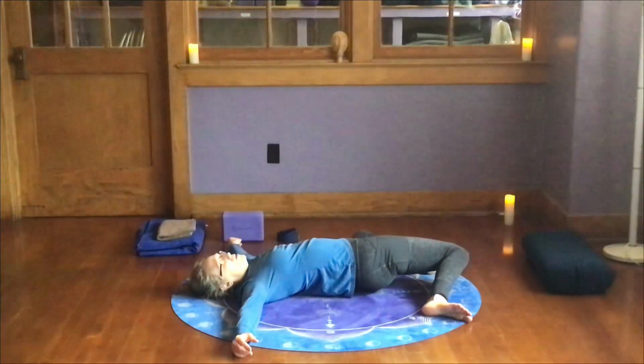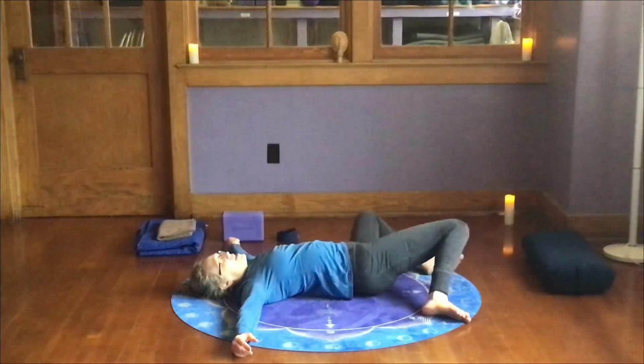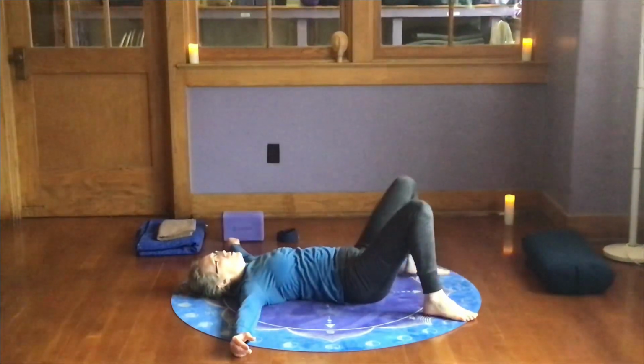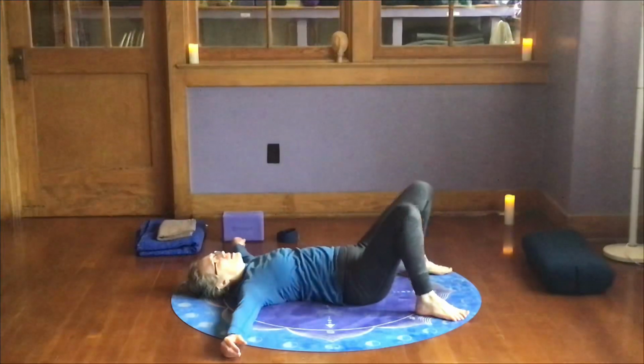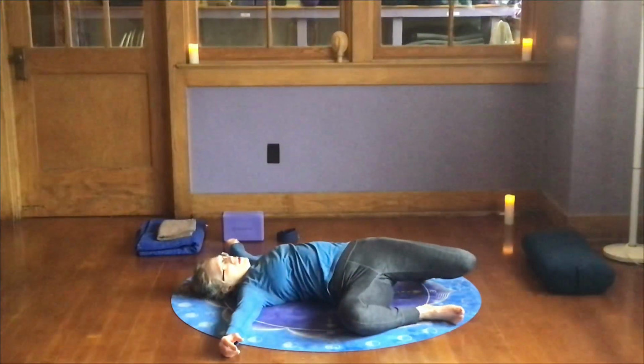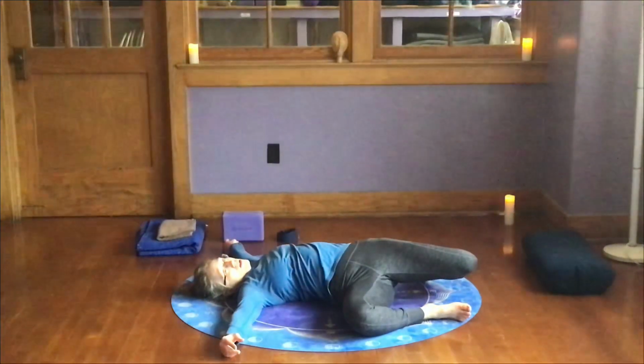To come out of this, take a deep in-breath first. Nice full in-breath. Exhale and bring the legs up. And then if you need to readjust your feet a little, you can. And we'll go to the other side. So as I drop the knees down toward the floor, and I didn't say this on the other side, but